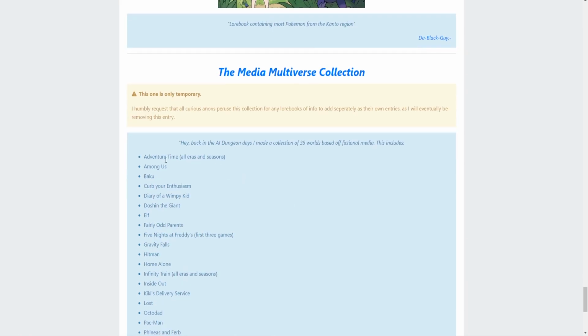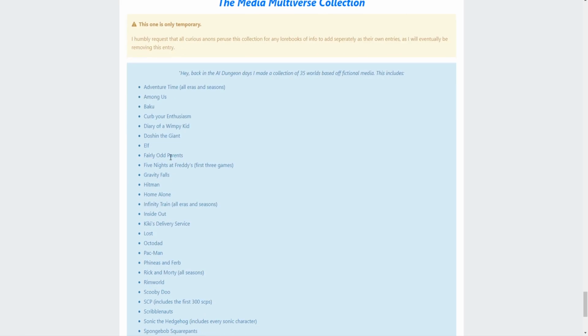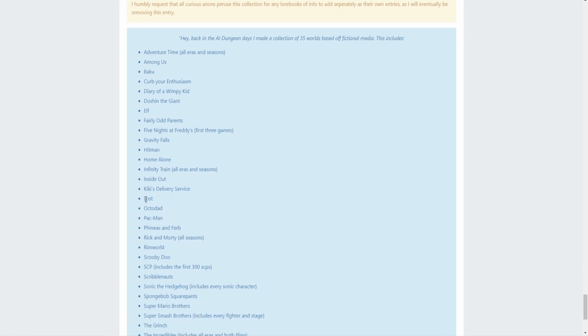This includes Adventure Time, Among Us? Why? Why Among Us? What a weird... Baku, Curb Your Enthusiasm, Diary of a Wimpy Kid, Doshin the Giant, Elf, Fairly Odd Parents, Five Nights at Freddy's, Gravity Falls, Hitman, Home Alone, Infinity Train, Inside Out, Kiki's Delivery Service, Lost,